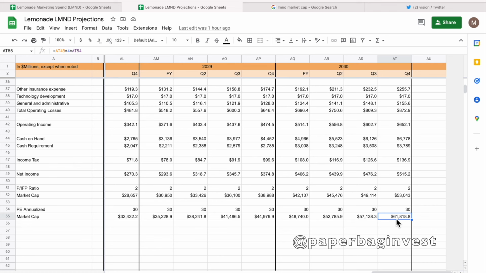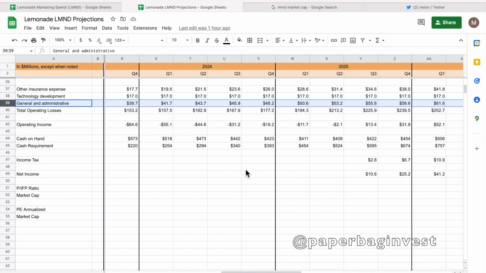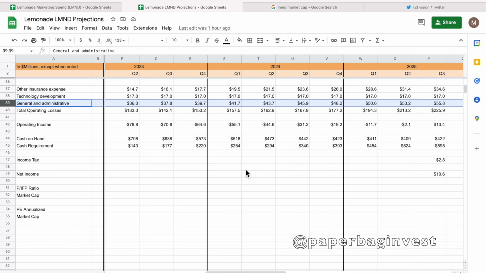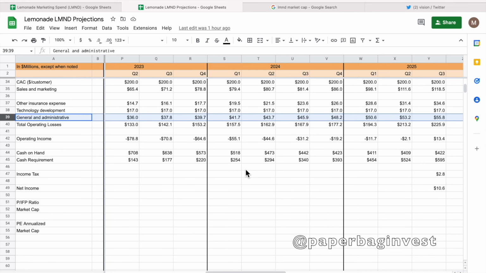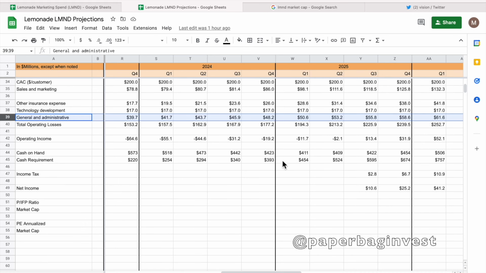Of course, maybe I'm way too optimistic, and maybe their general and administrative expenses grow way higher than this. Maybe there's a huge recession in the next few years. It's really hard to raise money, and maybe Lemonade goes bankrupt. Around that time, I was saying they may need to raise money, like the end of 2024. Certainly, in 2.5 years from now, that's certainly possible, and certainly a major risk, but there's still huge, tremendous upside.